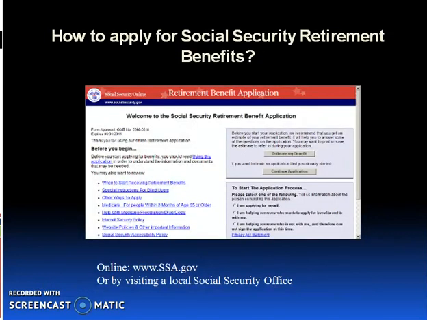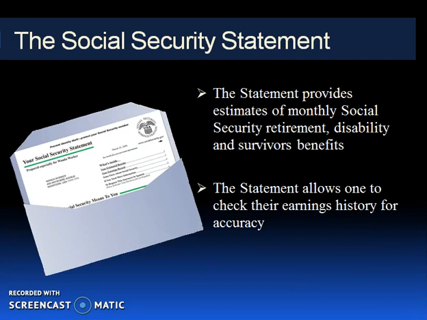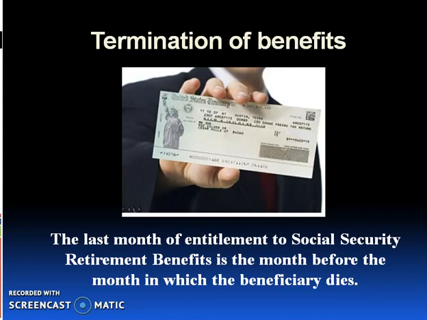I just want to touch base on how to apply for Social Security. You can apply for benefits online or at your local Social Security office. Once you do, you will receive your Social Security statement every period. Termination of benefits: basically, the last month of entitlement to Social Security is the month before